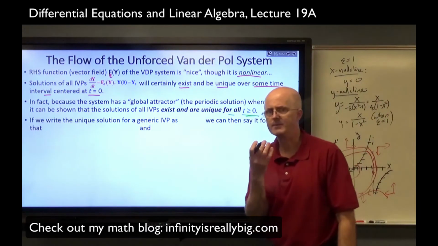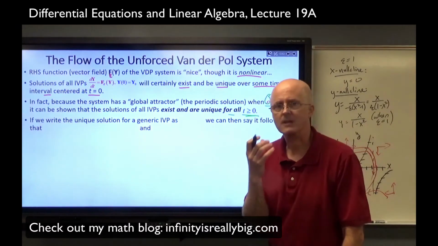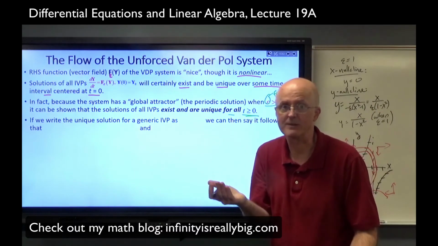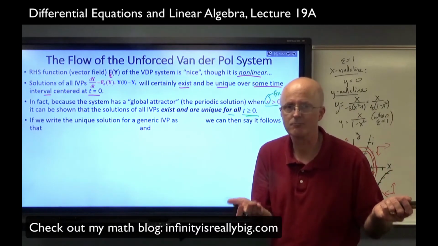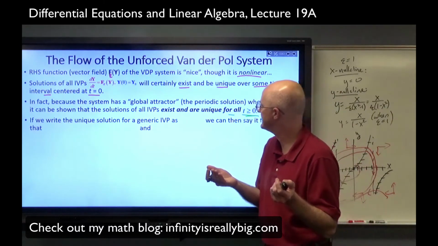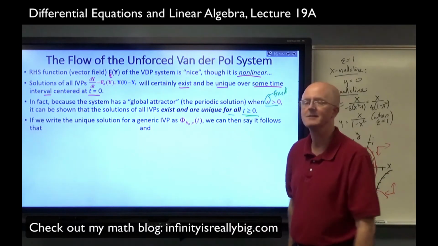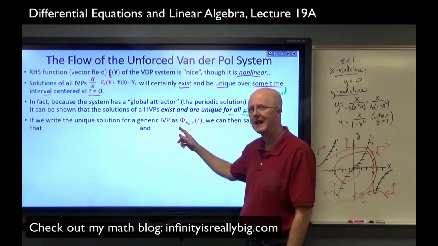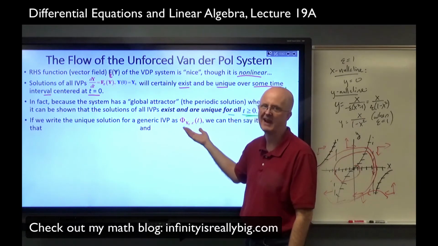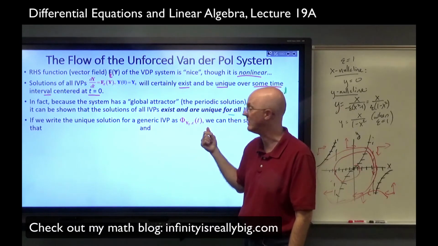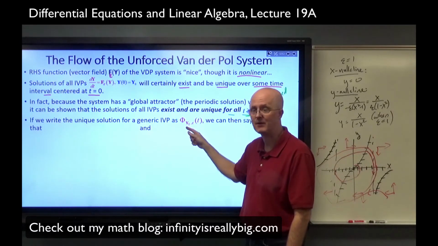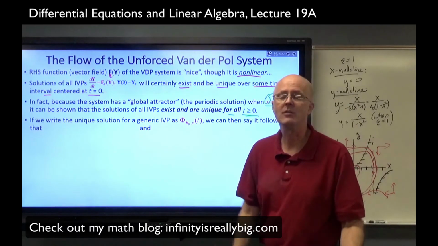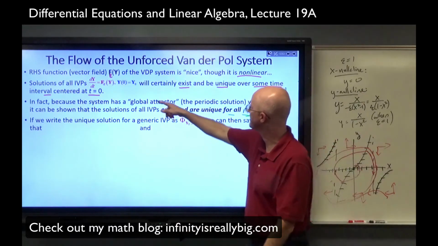All right, here things are getting more abstract. It's going to be helpful when you see the symbols I'm about to show you to pretend the symbols are simple formulas, even though in reality there are no simple formulas for them. But just pretend. If we write the unique solution for generic IVP using this notation, capital Phi, why capital instead of lowercase? Because this is a higher dimensional problem. It's kind of like a vector. I mean, I could have bold-faced it as well, but capital Phi sub boldface y0, ignore the epsilon for the moment, of t. That would be a symbol for the unique solution of the initial value problem to this, right here,